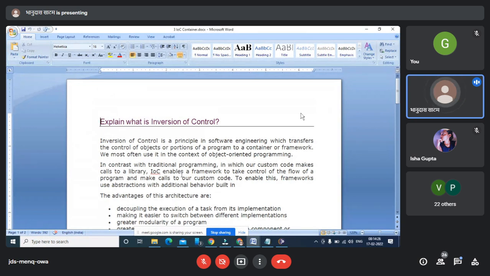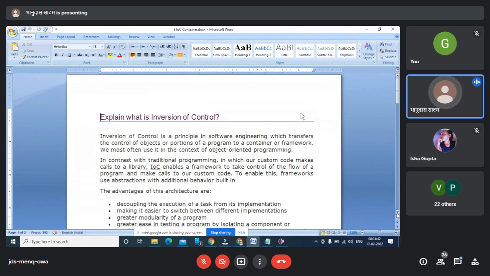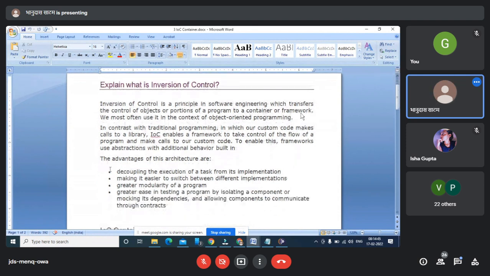So there is no loose coupling there, because of which we have a lot of limitations, and that's why Spring comes with that. And the popular feature of Spring is decoupling of the execution of tasks from its implementation.